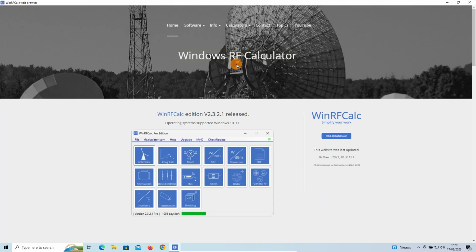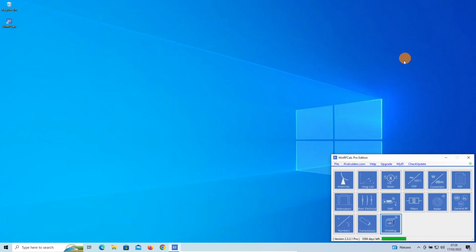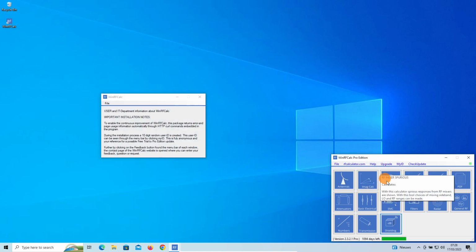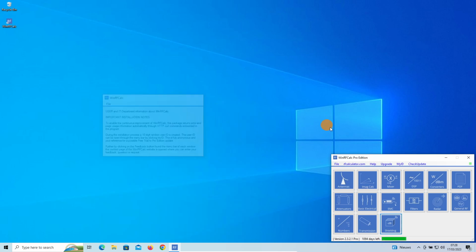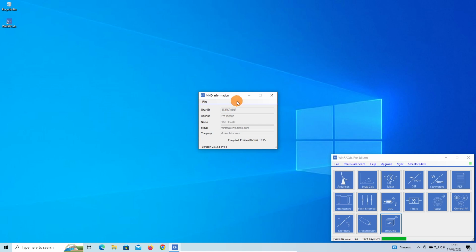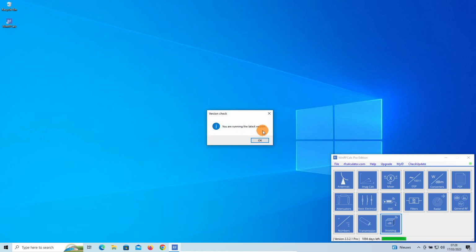rfcalculator.com, there is a web browser form built into the program, goes right away to the website of rfcalculator.com. There's a help menu here, user info. There is version information. Here you see the various updates. So this is an update screen with all version updates. My ID, your ID number, the type of license, your name, email address, and company name. And check update